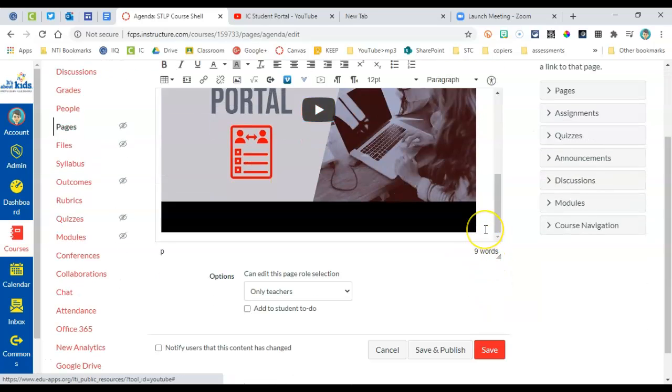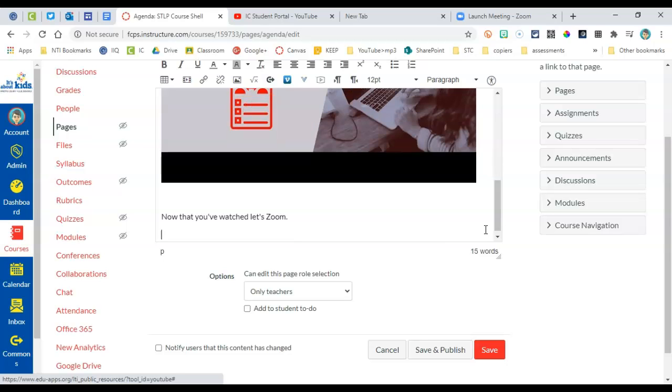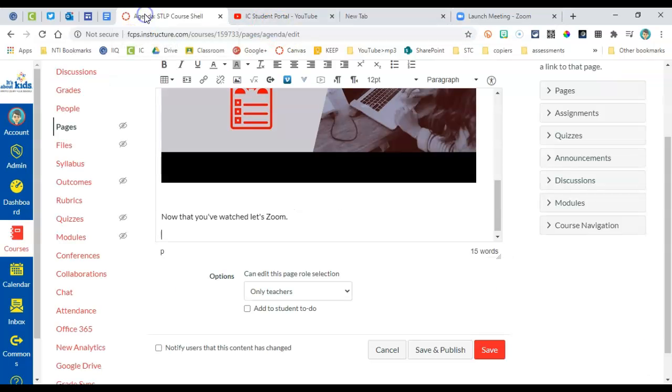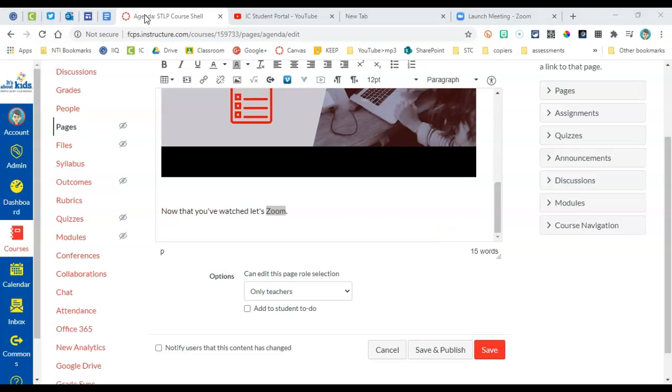Then down after the video, I want to say, okay, now that you've watched it, we're going to have a Zoom meeting. And I can just put let's Zoom. Now if I want to have the URL, copy this one. If I want to put that URL in, it's going to be a real mess because it's super long, lots of information that you shouldn't have. So instead you can have the Zoom meeting link